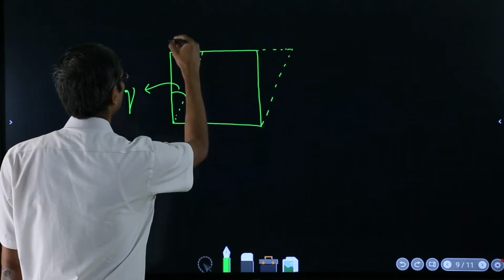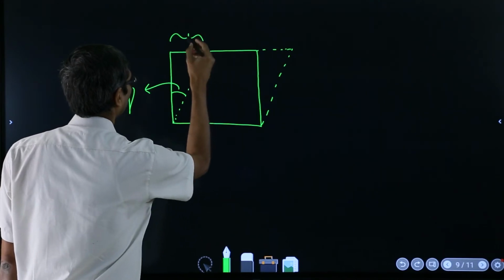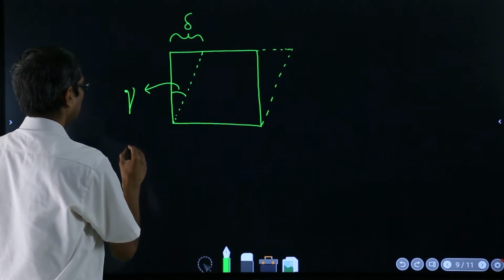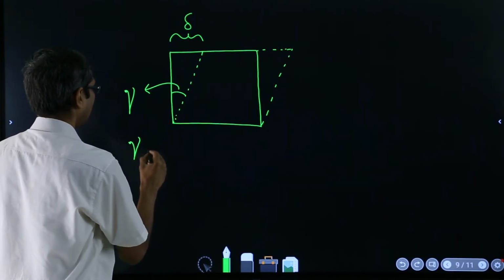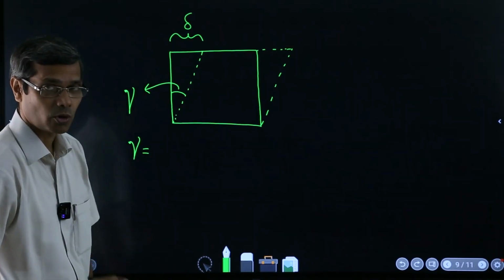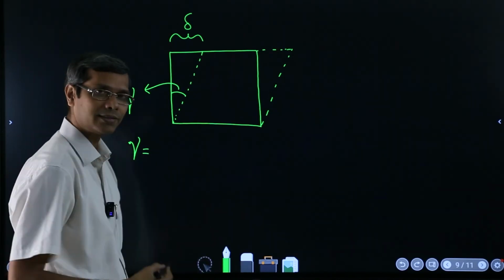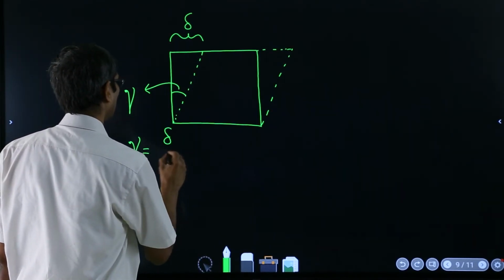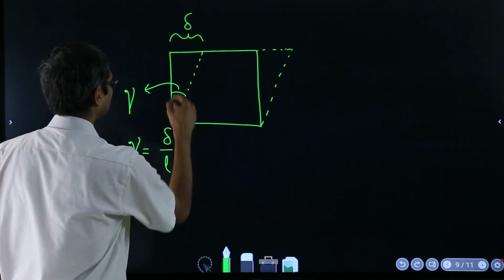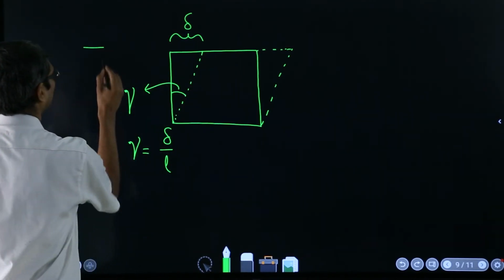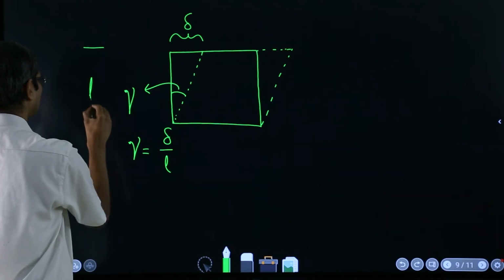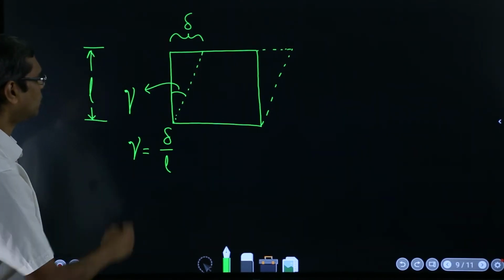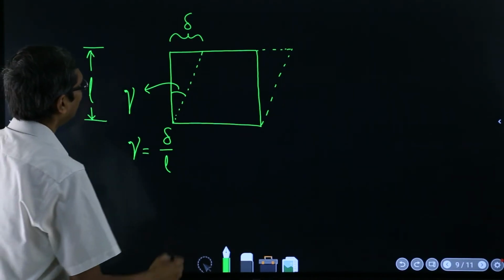Now suppose this length is say delta, so your gamma is nothing but, everything is small, so again tan theta is theta, which is nothing but delta over L, because these lengths are L. So if you remember, this was L. Okay. So delta over L is this gamma, but then